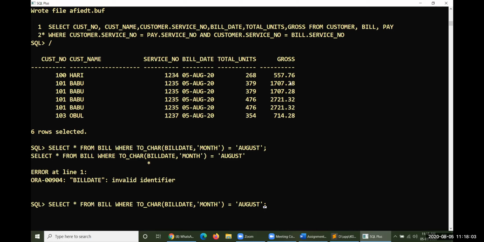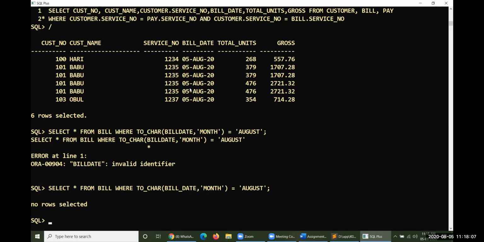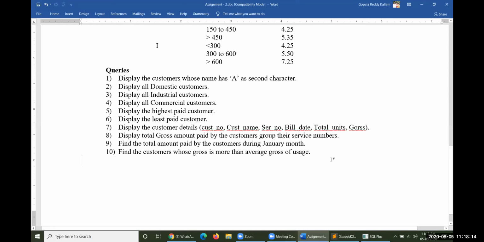Bill underscore date, sorry, bill underscore date. No rows are selected. What is the full form of August here? Let me type here somewhere else. AUGUST, yes.